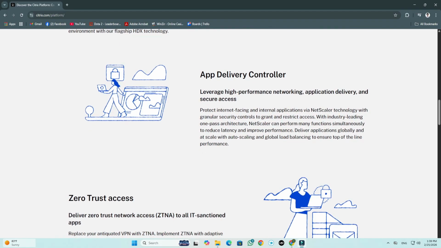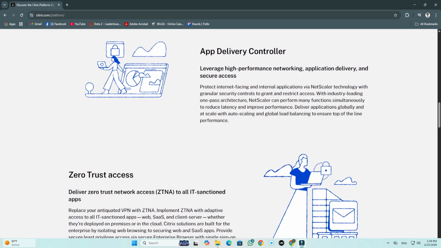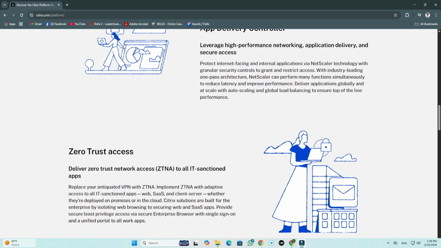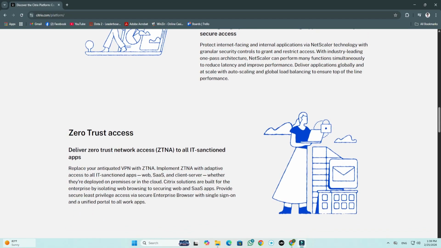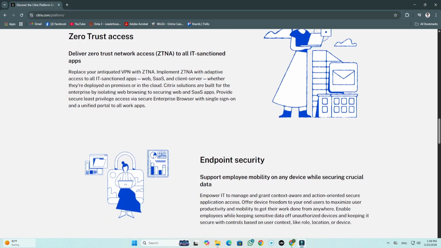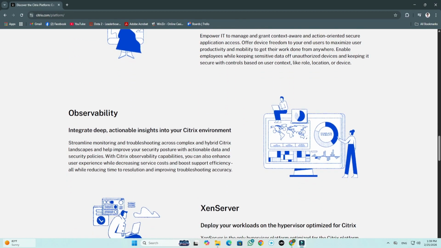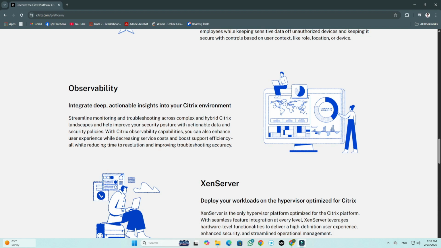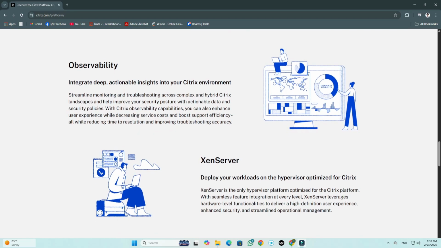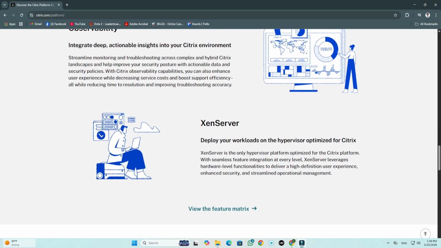So basically, Citrix Workspace delivers more than just remote access. It redefines the way organizations approach work. By bringing together applications, desktops, and collaboration tools in one platform, it ensures your team stays productive and secure no matter where they are. So for businesses aiming to streamline operations, reduce IT overhead, and provide a high-quality user experience